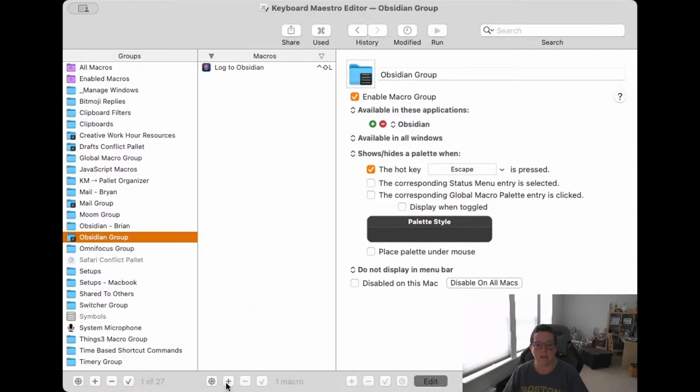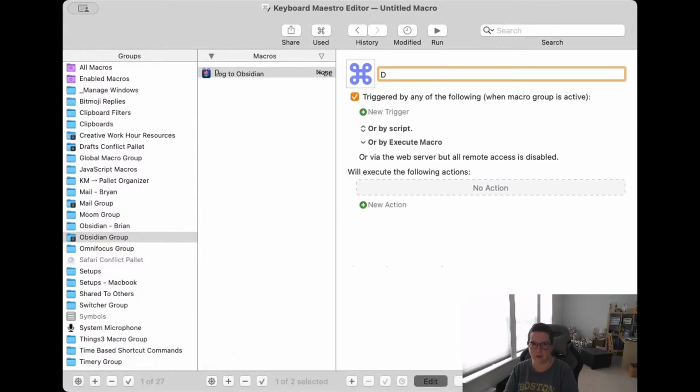You have a ton. This is where Keyboard Maestro completely beats Text Expander. When I want to add, let's add a new macro. This is a demo macro. I also get a lot more options of how I can trigger it in addition to just keyboard commands. And I'll show you my whole desktop here in a minute.